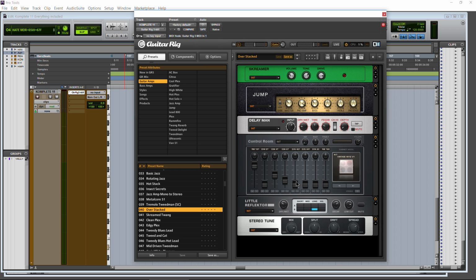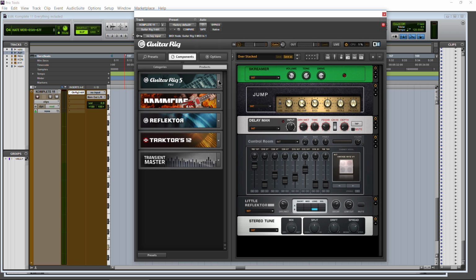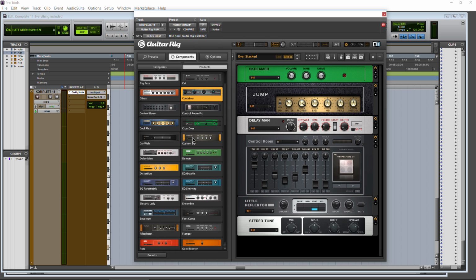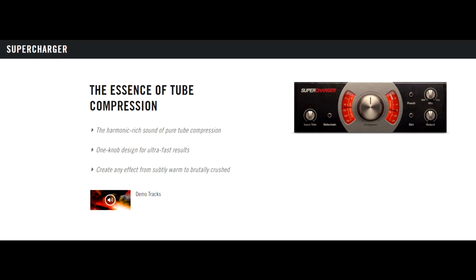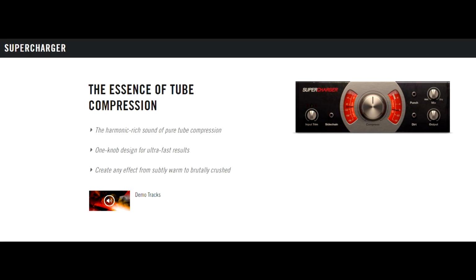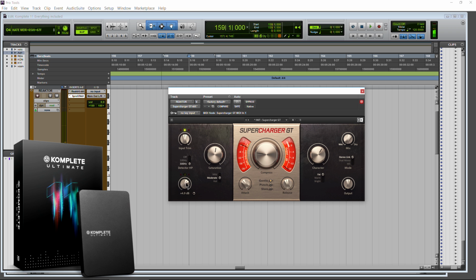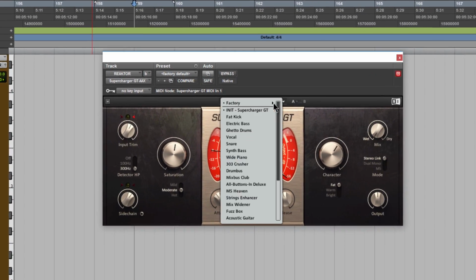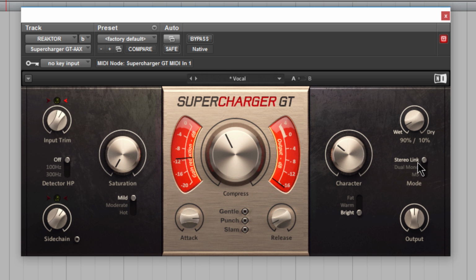Guitar Rig 5 Pro, the ultimate all-in-one guitar and bass solution with 17 amps, 54 effects, and more. Easy to use with breathtaking sound. Komplete 11 includes Supercharger, the high-octane attitude of a one-of-a-kind tube compressor packed into an intelligent, supremely intuitive interface, while Komplete 11 Ultimate includes Supercharger GT, the sound of modern tube compression taken even further with superior control, additional saturation,